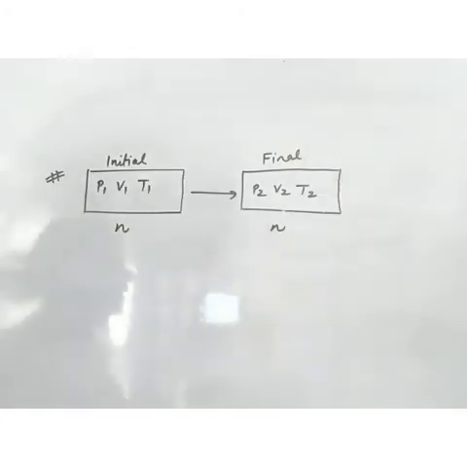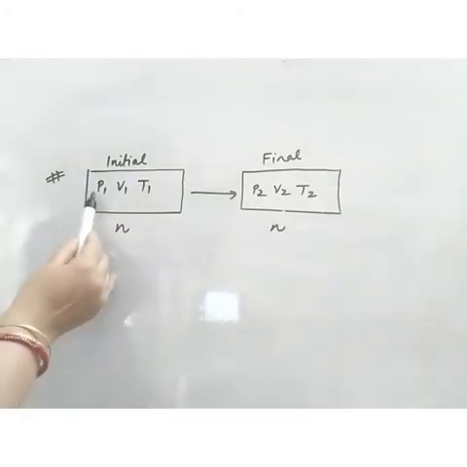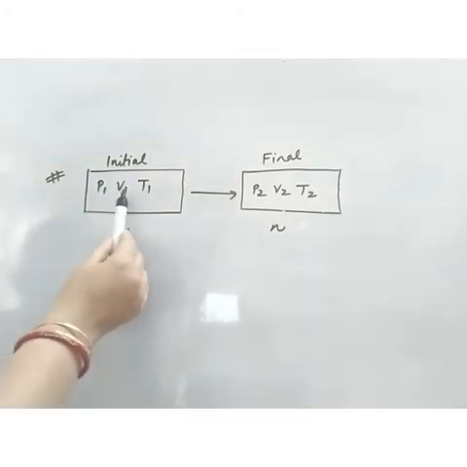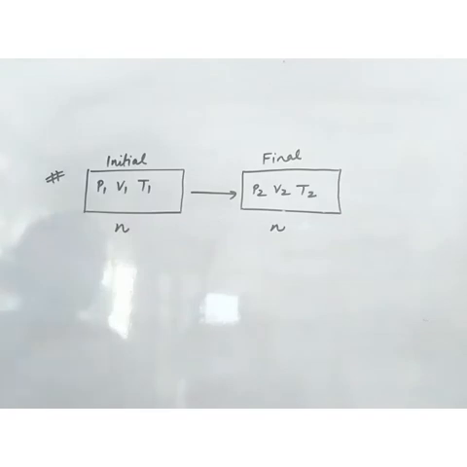Now let's discuss a case. Suppose there is a container which is filled with some gas. P1 is the initial pressure of gas, V1 is the initial volume and T1 is the initial temperature, and the number of moles is n. Suppose I change any one of the properties, say pressure or volume, the other property will also change. So now the pressure becomes P2, volume becomes V2 and temperature becomes T2. The number of moles is the same, that is, there is a fixed mass of gas.